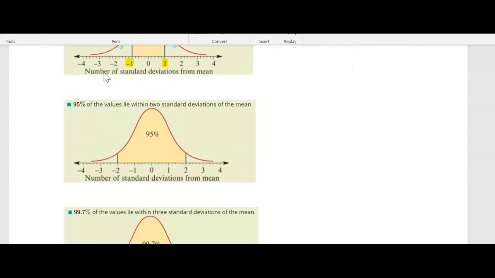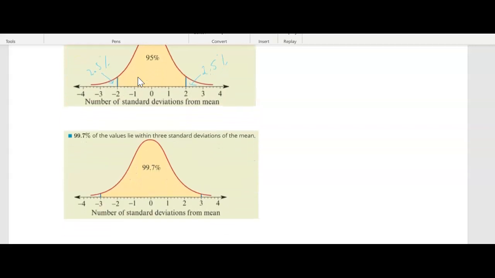Moving on to 95%. So this time we are 2 standard deviations either side. And the reason it's increasing is because we're looking at a larger part or a larger area. So you can see how your area has increased. And again, we do need to work out the percentages either side here. 100 take away 95 is 5. 5 divided by 2, so that's 2.5% either side. And lastly, we have